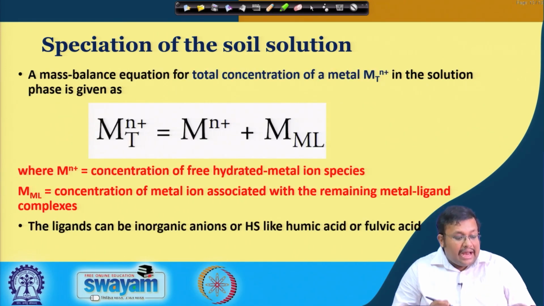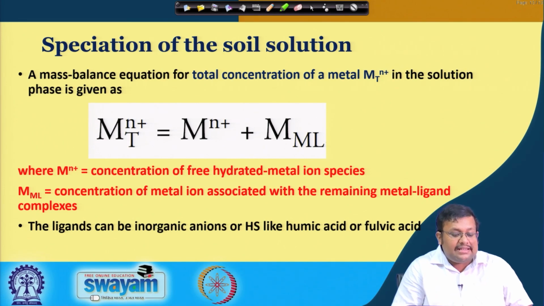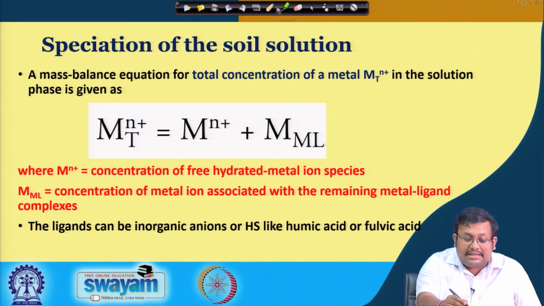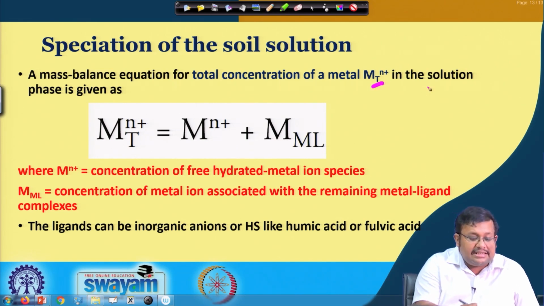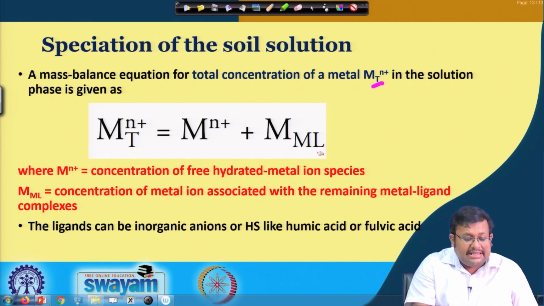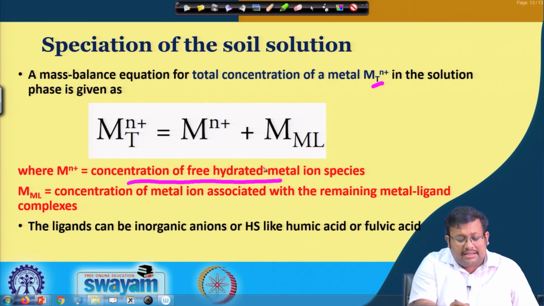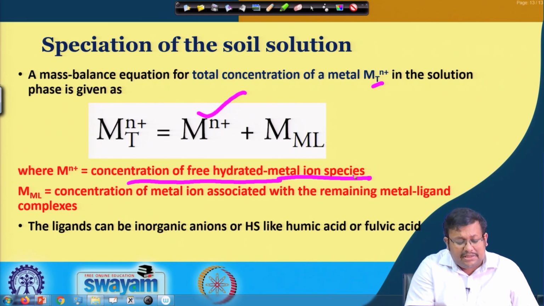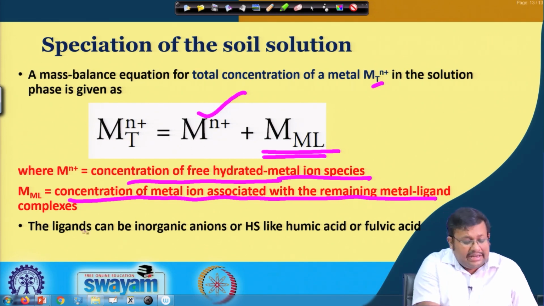So, let us see how we do that. Let us consider a mass balance equation for the total concentration of a metal ion in the solution phase. Here, Mn+ is the concentration of the free hydrated metal ion species, and ML is the concentration of metal ion associated with the remaining metal ligand